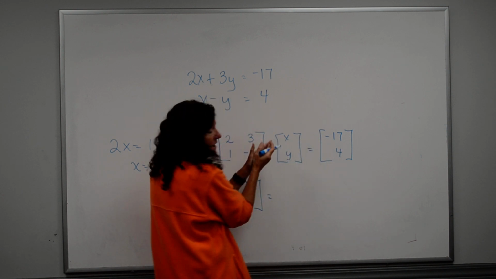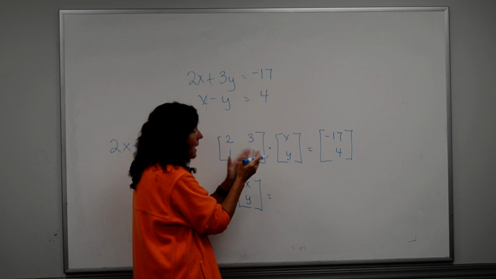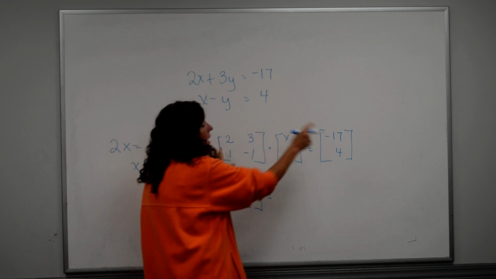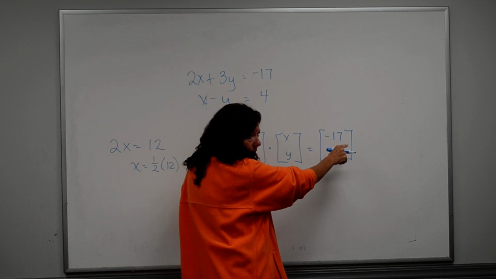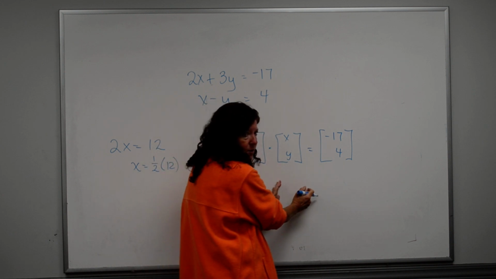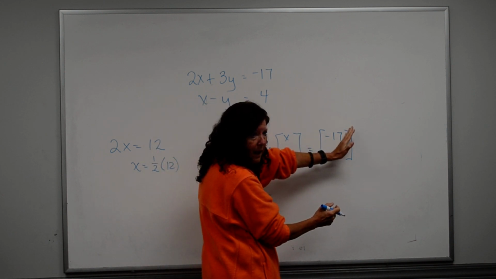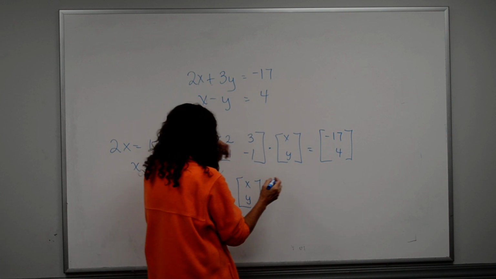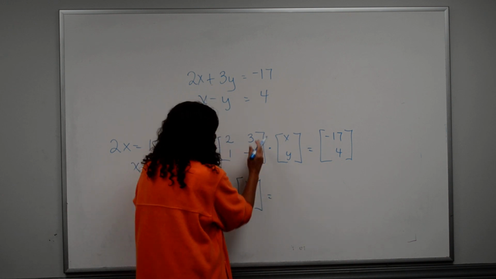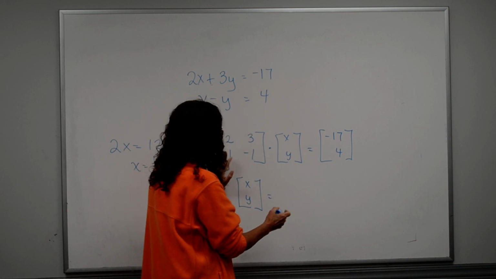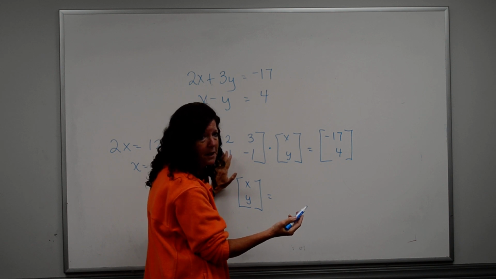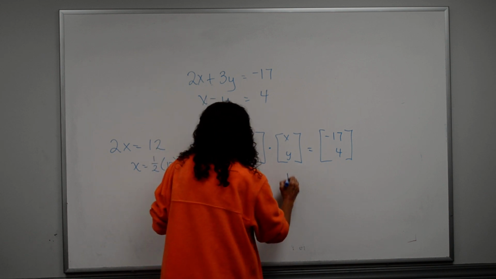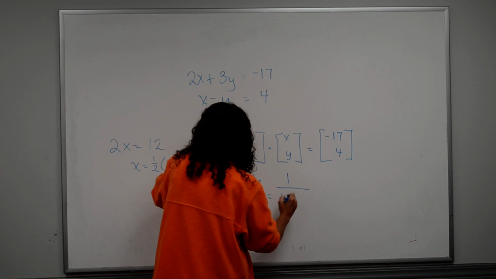Now the inverse of this matrix is going to be a 2 by 2, right? That's a 2 by 1. So I have to put the inverse first before I multiply by that. Remember, the middle numbers have to match. So I'm going to do the inverse right here. Now, I'm going to do it by hand, but understand this can be done on a calculator. So I have 1 over the absolute, or the